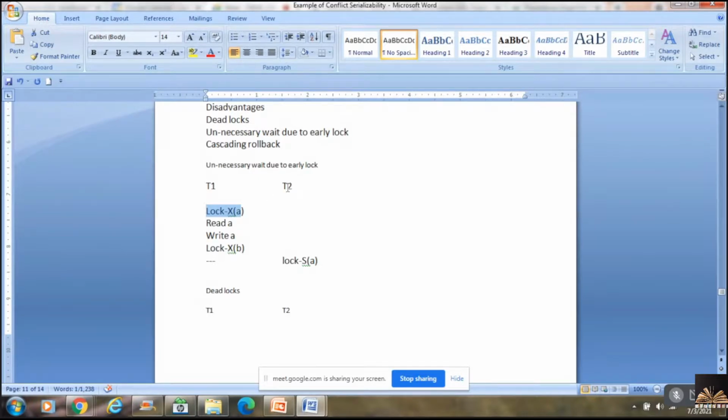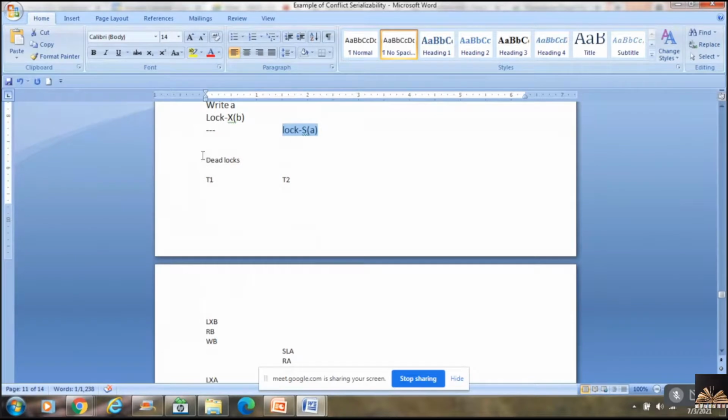Now, T2 is trying to acquire a shared lock on A. But since an exclusive lock has already been allocated on A with respect to transaction T1, T2 has to wait until this exclusive lock has been released by T1. So this is one of the problems.